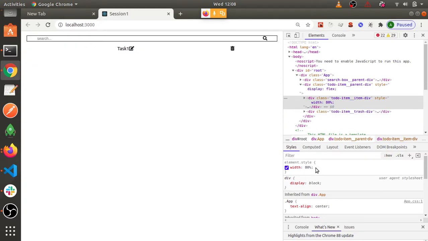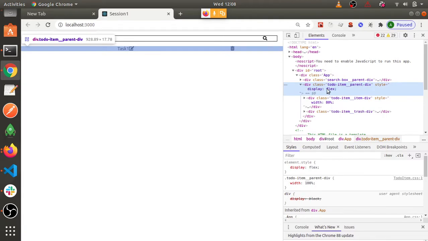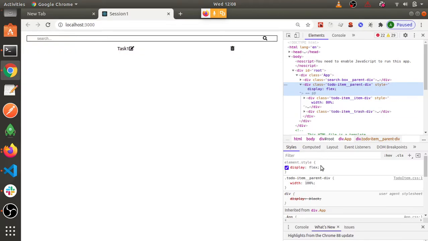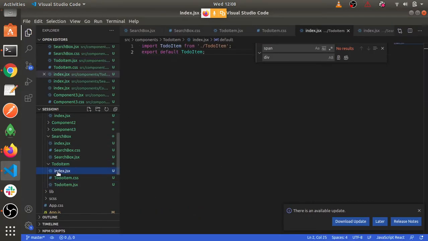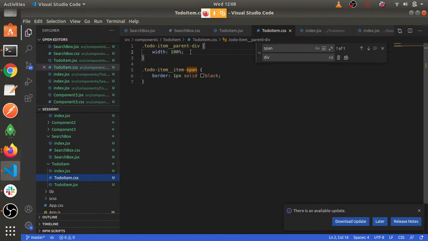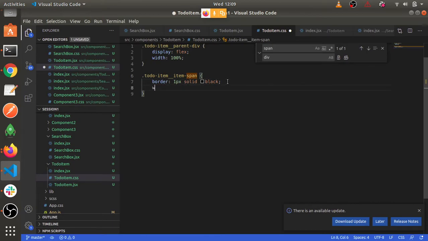Got it. Now I'll just copy paste what I had done here. So display, I have given the parent div flex, and we'll always try to maintain the alphabetic order. Width comes later, so width should be 80%.